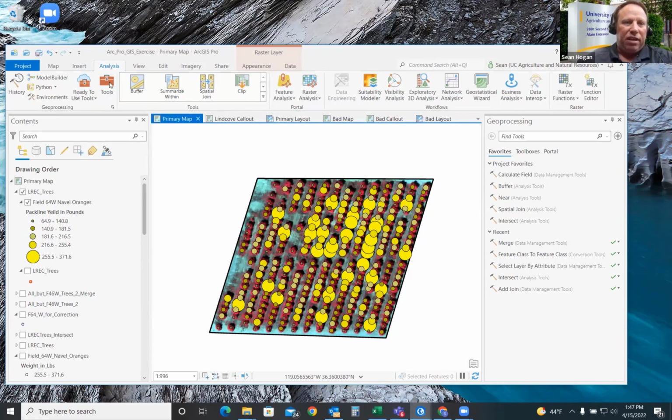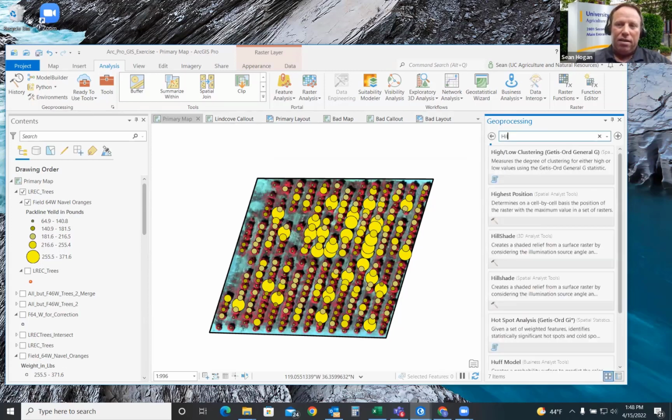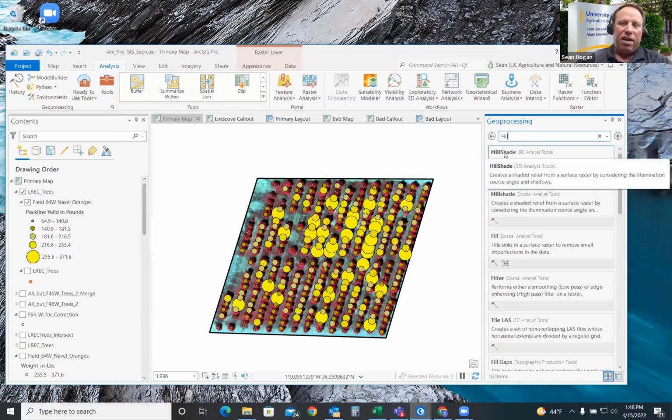And the tools, and specifically the toolbox, is referring to your geoprocessing tools. And in ArcGIS Pro, I wouldn't say everything, but most things that manipulate the data itself are termed a geoprocessing tool. And what's awesome is you have this search function over here, especially for those of you that are used to ArcMap, the traditional application. Here, if you know the term Hillshade, you can just type this in and you can execute that geoprocessing tool.